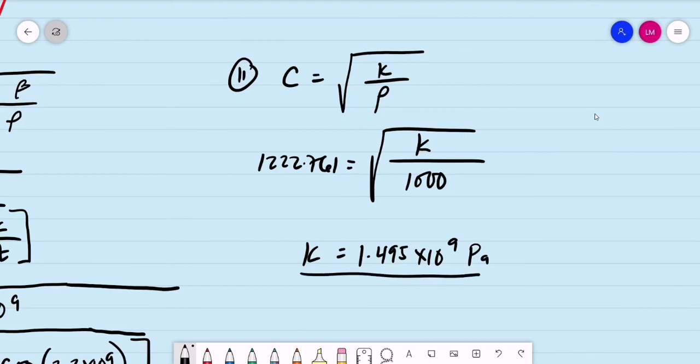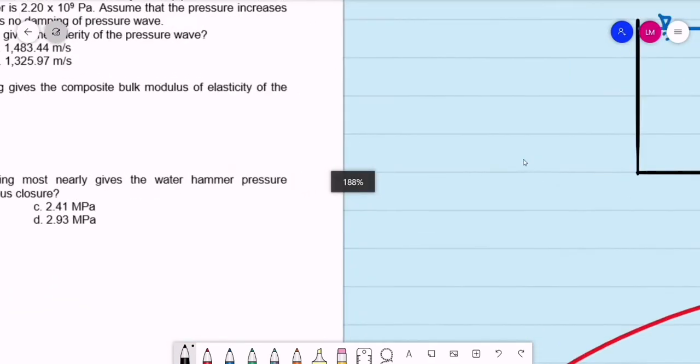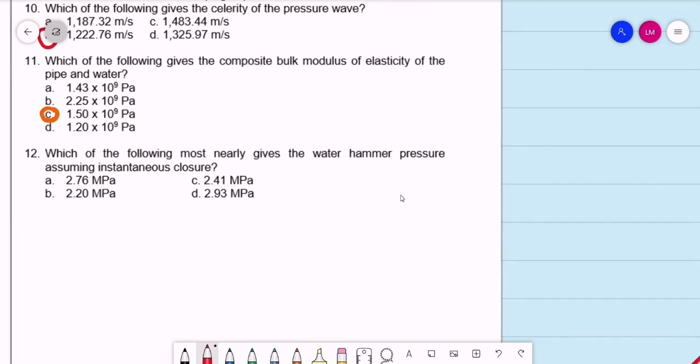Check natin if we have this value, the 1.495 times 10 raised to 9 Pascal. So 1.495, okay, masasabi ko na yung pinakamalapit na value is we have letter C, 1.5 times 10 raised to 9 Pascal. Then we have number 12, which of the following most nearly gives the water hammer pressure assuming the